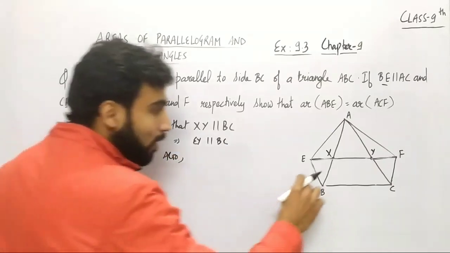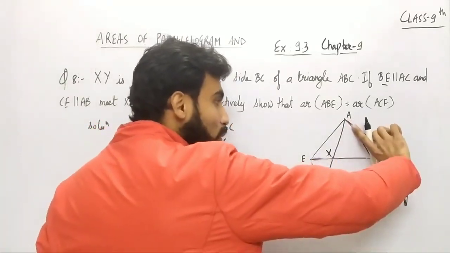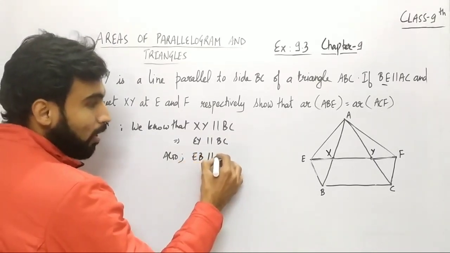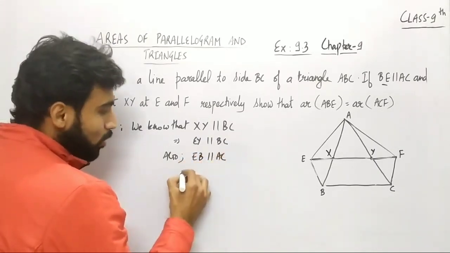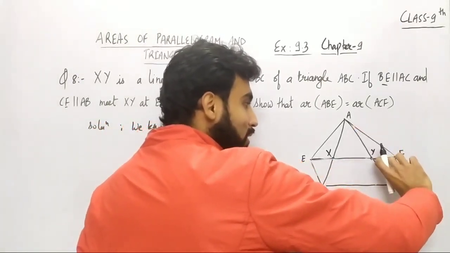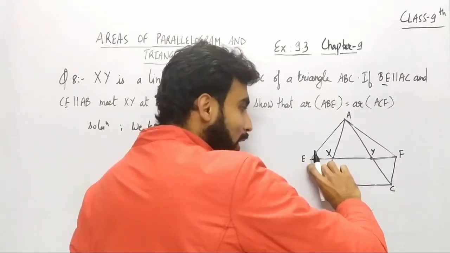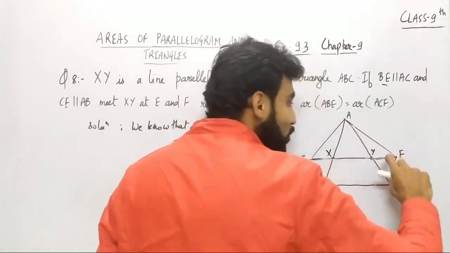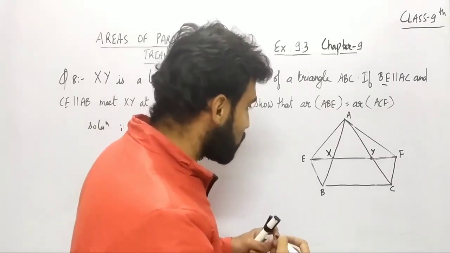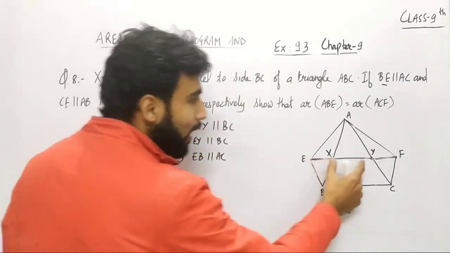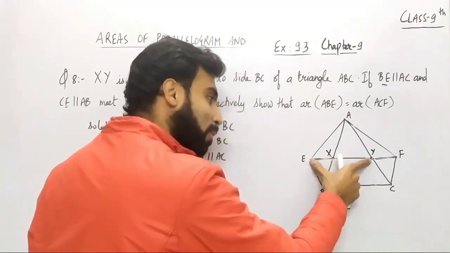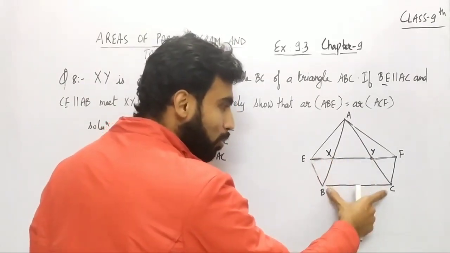Also you can see that EB is given parallel to AC. You can see EB is given parallel to AC. So अगर आप देख सकते हैं यहाँ पे ये जो AC है अगर ये parallel है, that means YC क्या होगा? EB के parallel होगा because ये पूरी लाइन अगर parallel है तो इतनी लाइन भी इस EB के parallel होगी. So आप देख सकते हैं कैसे मैंने यहाँ पे सबसे पहले क्या चीज prove की that अगर ये XY BC के parallel है तो XY का मतलब क्या है? EY लिख सकता हूँ. तो XY parallel तो EY भी parallel होगा. So EY is parallel to BC.